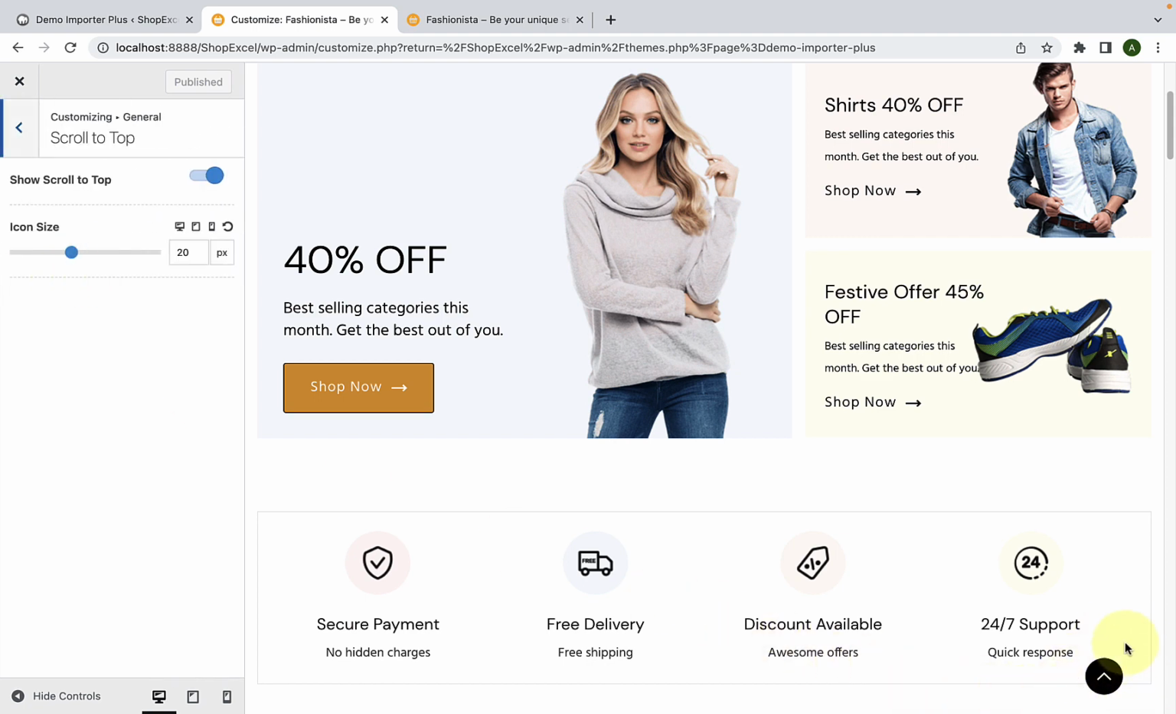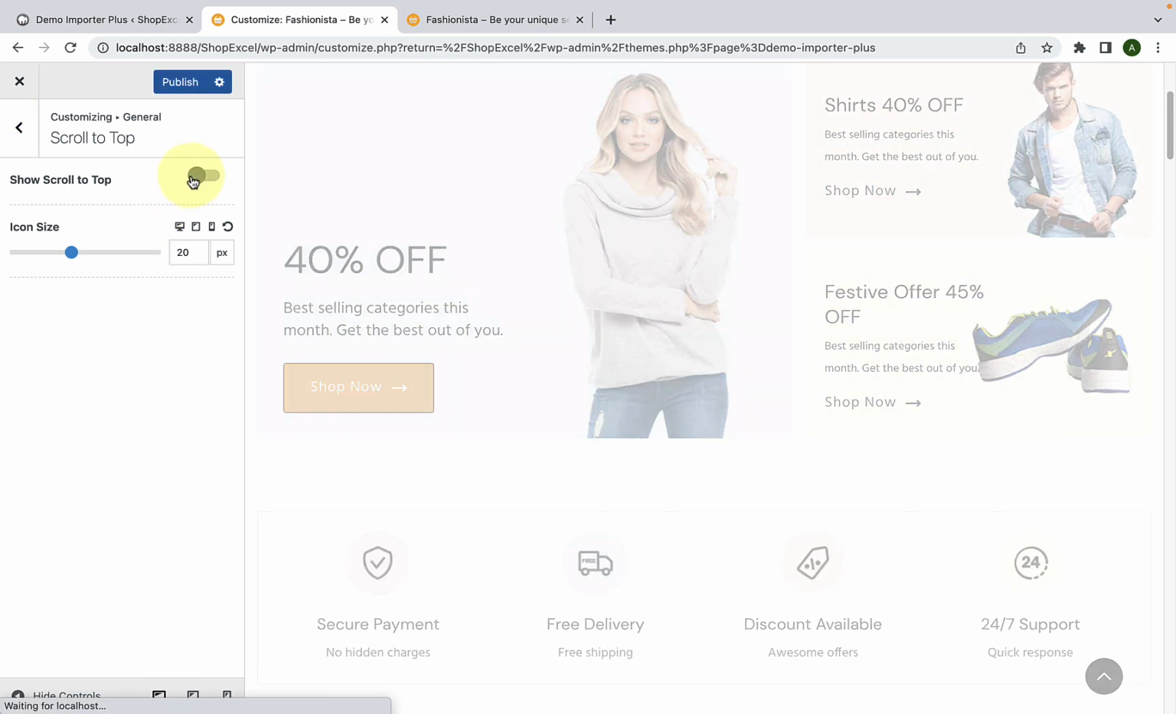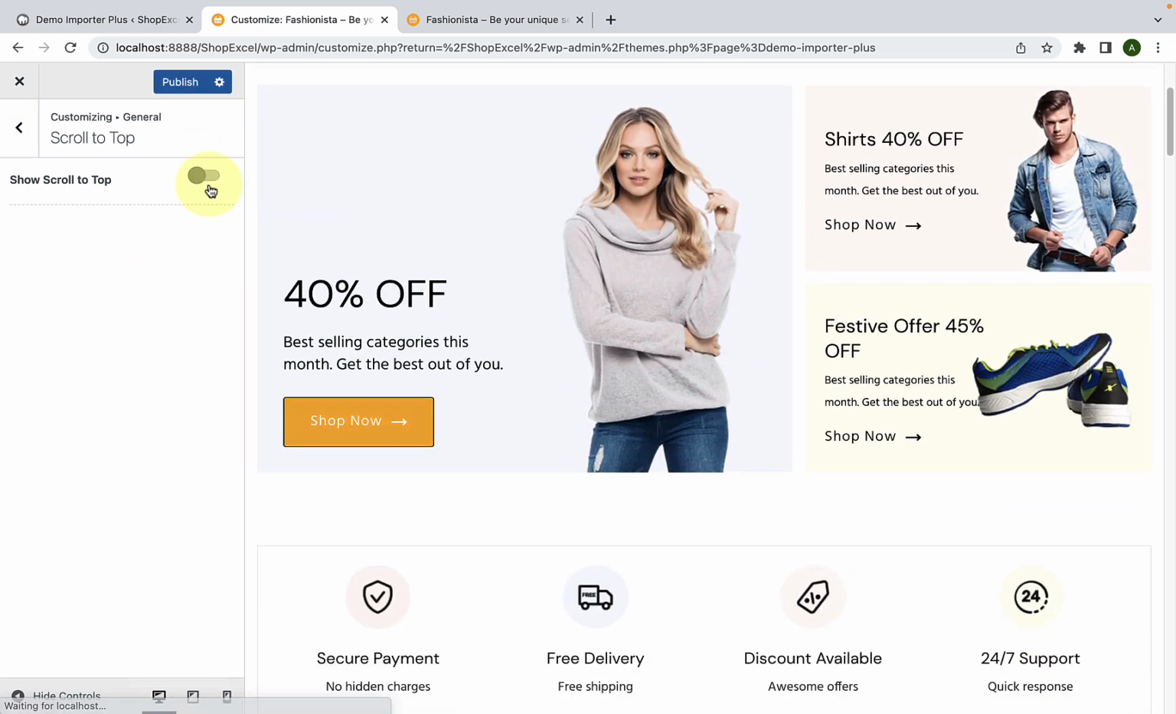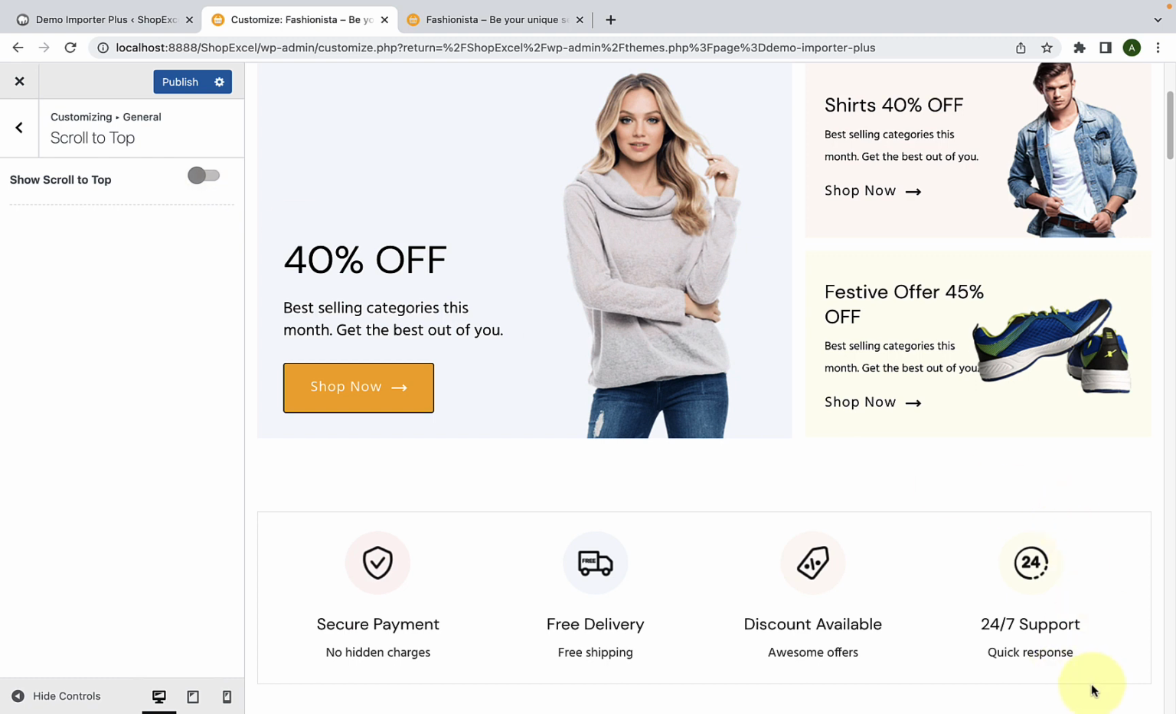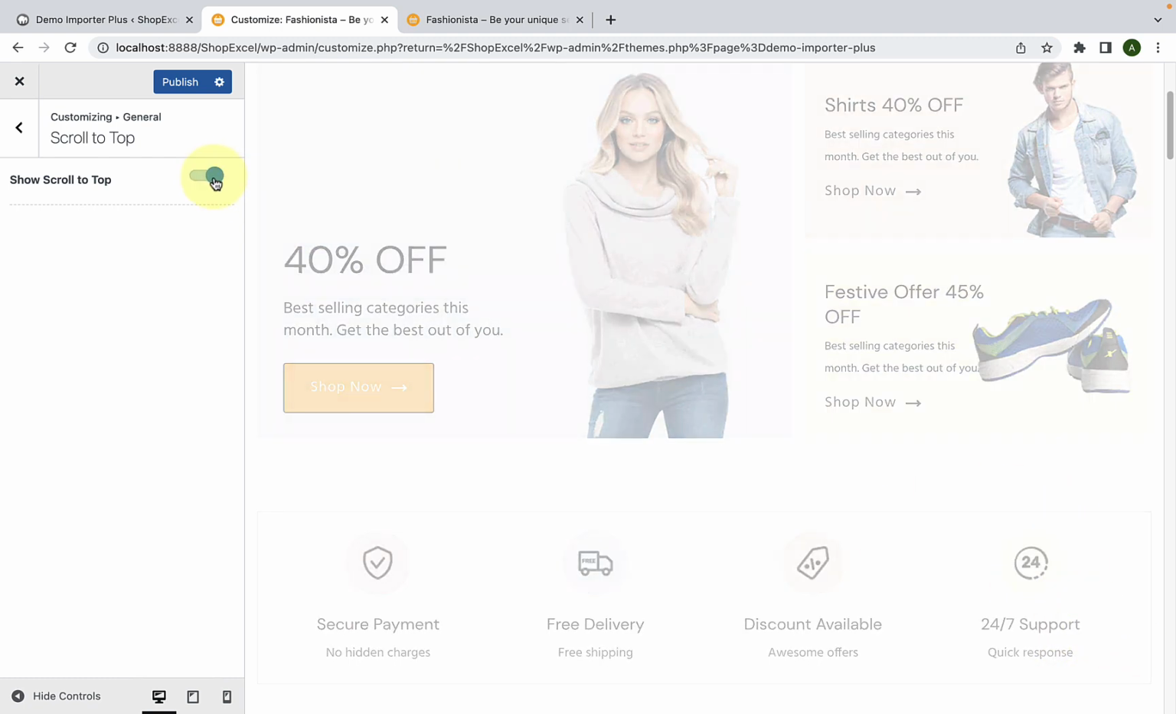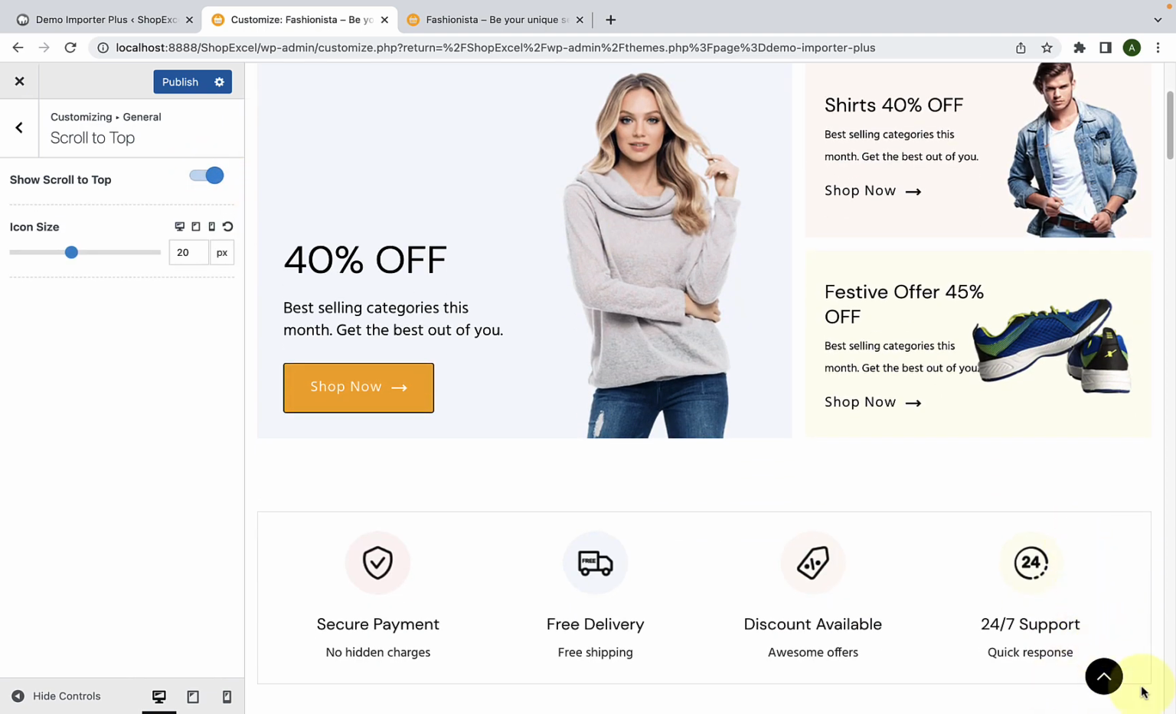Next is the scroll to top. So this right here is the scroll to top button. You can disable the scroll to top by disabling the toggle. And the scroll to top button will be disabled. You can enable it back on by enabling the toggle. You can also increase or decrease the icon size by sliding this button over or under,